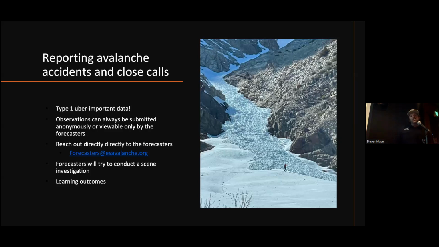But with avalanches, especially if there's a human involvement or an injury or even a fatality, we really want to do an investigation of that avalanche. So it's really helpful for us to know when and where they happen. And frankly, it's one of the best learning outcomes that we as public users and backcountry skiers have to use. This activity has a really sharp and painful learning curve,